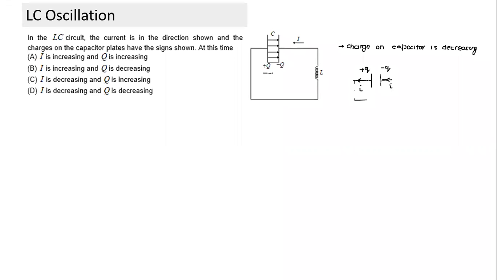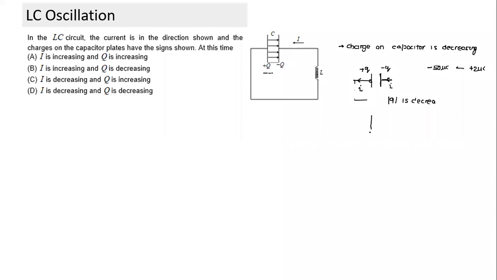The direction of current indicates the direction the positive charge flows. So if I draw an arrow like this, positive charge is being taken away from the plate. Charge is decreasing, and positive charge is getting added onto the negative charge. Suppose the charge is minus 50 microcoulomb. On this, if I add a charge of plus 2 microcoulomb, what will happen? The magnitude of charge is decreasing. So whenever I draw like this, if the charge is positive and the arrow is like this, it means the Q value is decreasing. You understand, the magnitude of charge on the capacitor is decreasing.